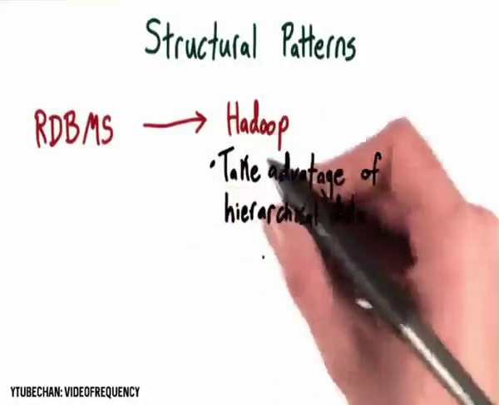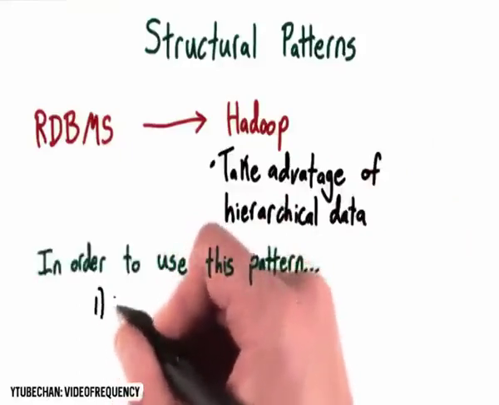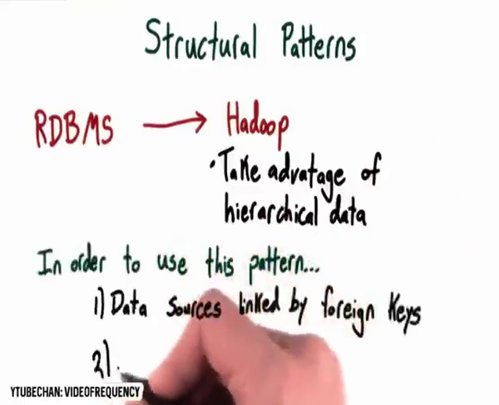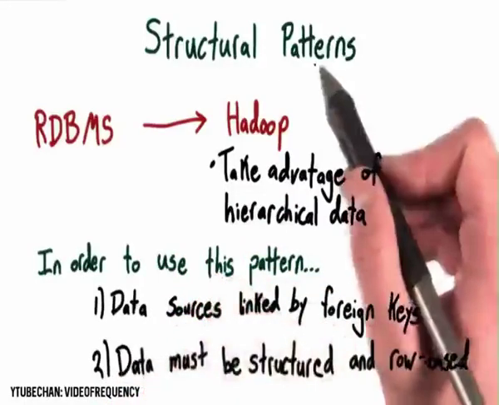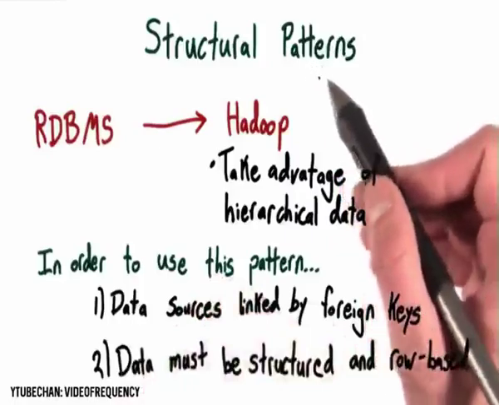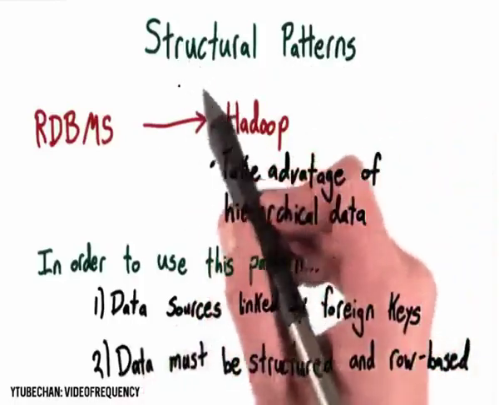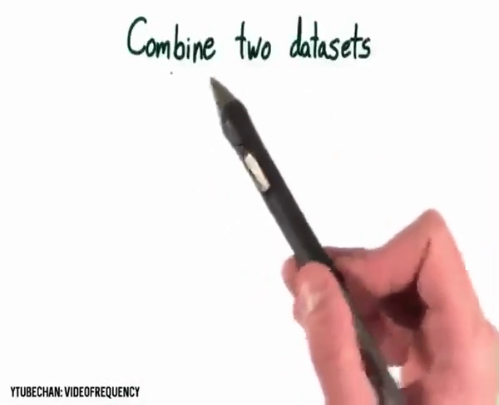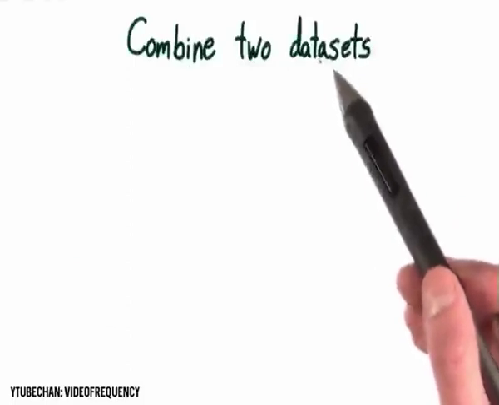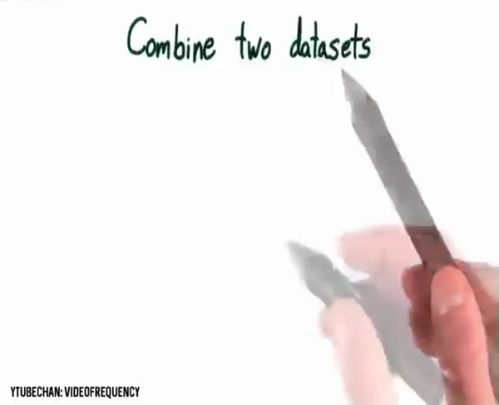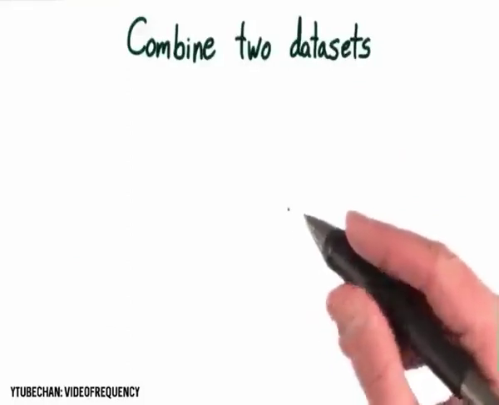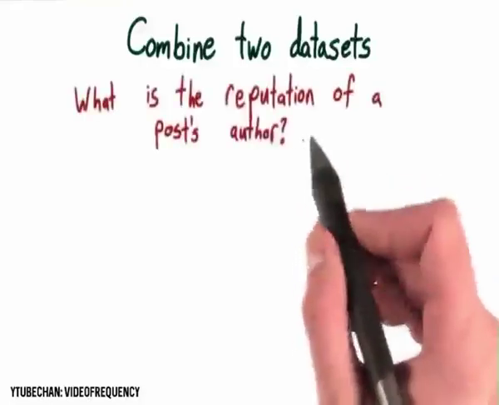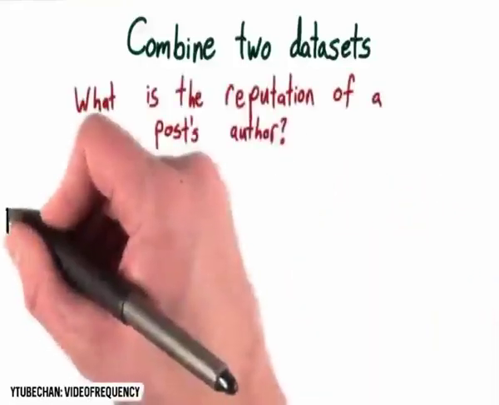Now, in order to use this pattern, your data sources must be linked by some foreign keys, and the data must be structured and row-based. And in fact, this pattern in the book MapReduce Design Patterns is actually referred to as the structured to hierarchical pattern. So we're going to use this structured to hierarchical pattern to combine two data sets. And these data sets are going to come from forums. What we're going to want to do is understand what the reputation, or the karma, of the author of a post is. And to do this, we're going to have to combine two tables, a post table and a